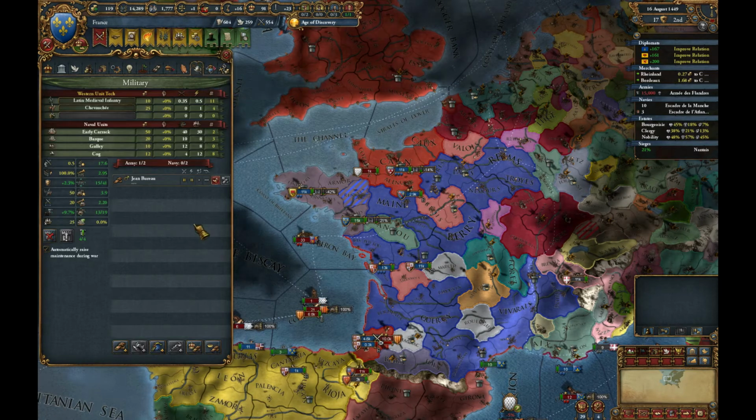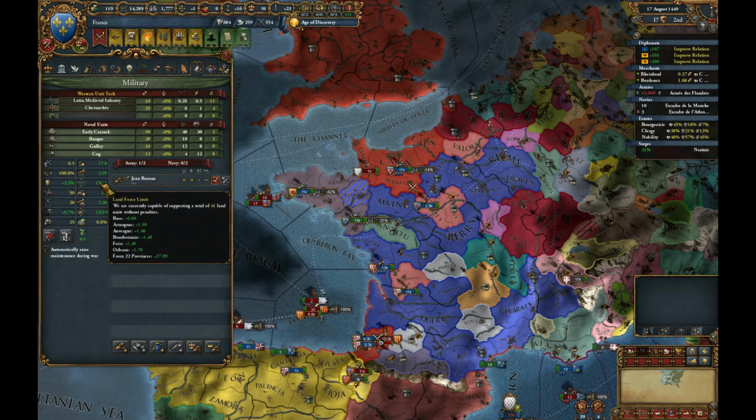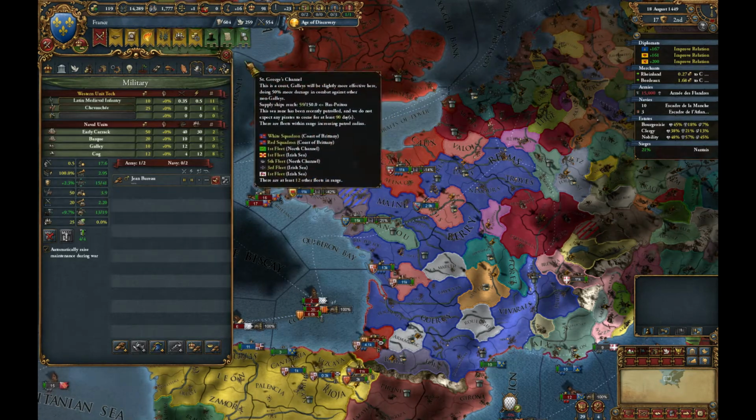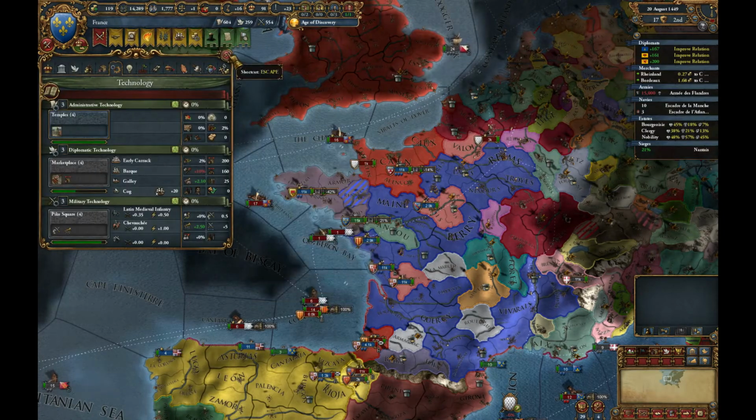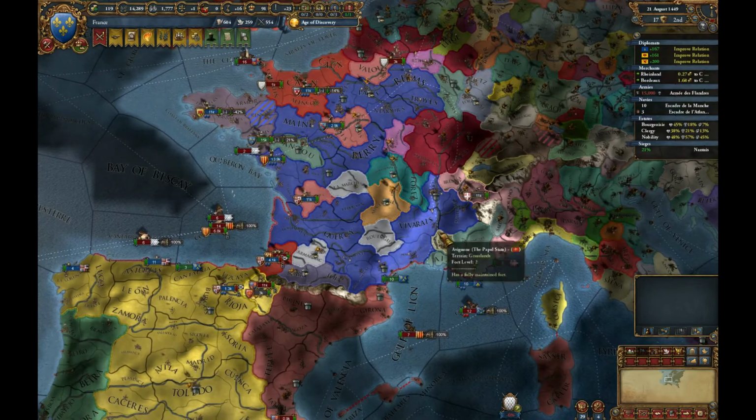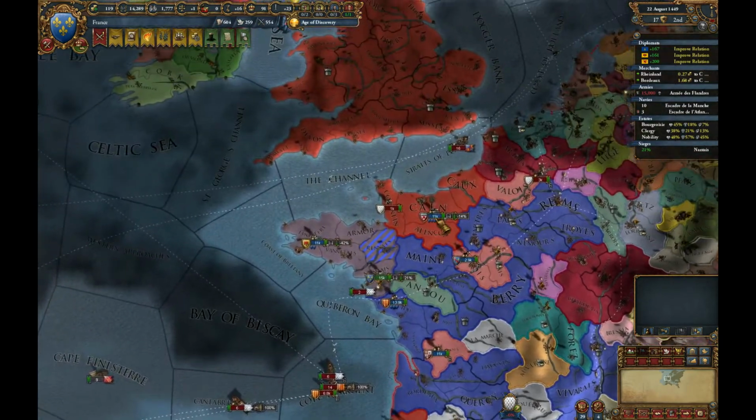Sorry, looking for the military screen. Yep, it is indeed saying we only have 15,000 troops. So one of our armies has been completely wiped off the board. Okay, so that's worrying. We might actually be losing. But anyway,